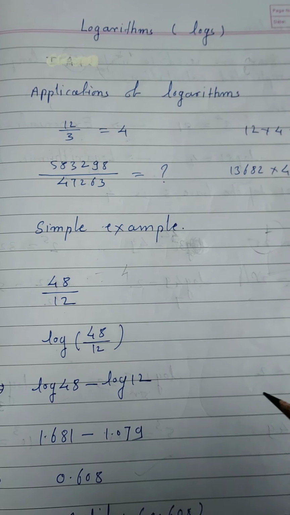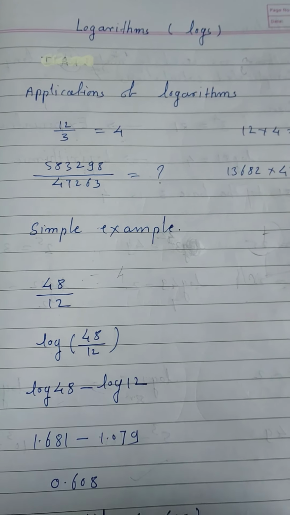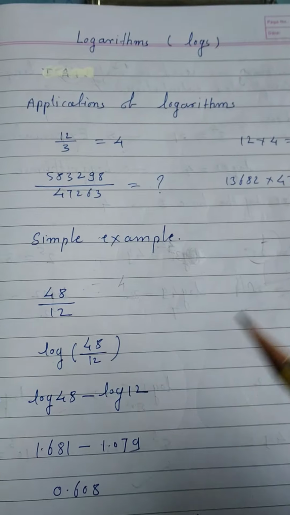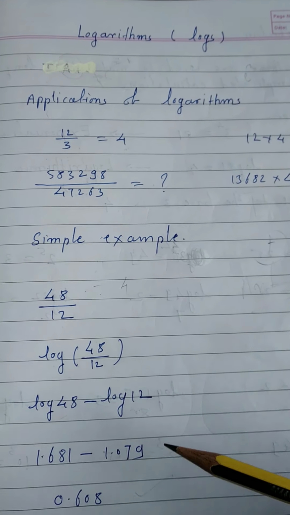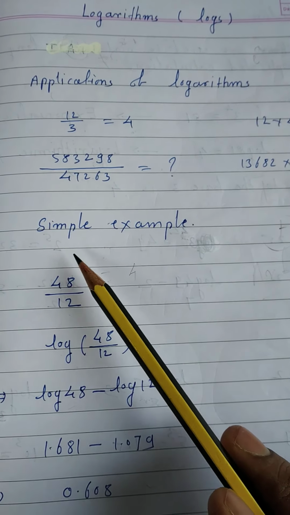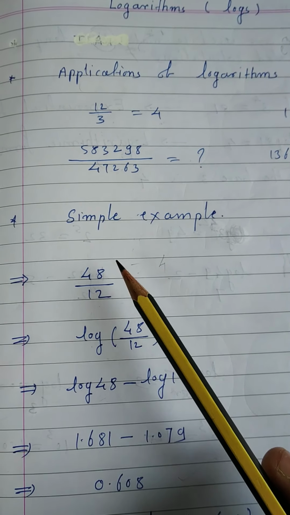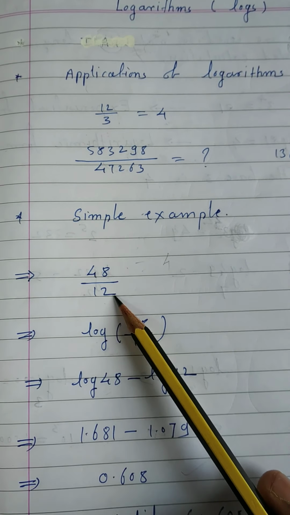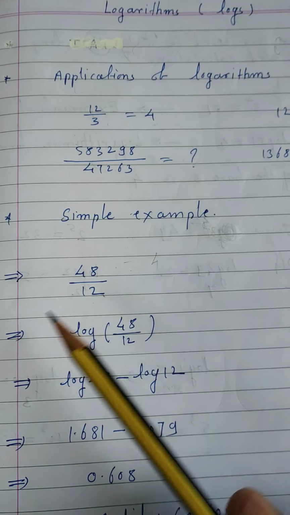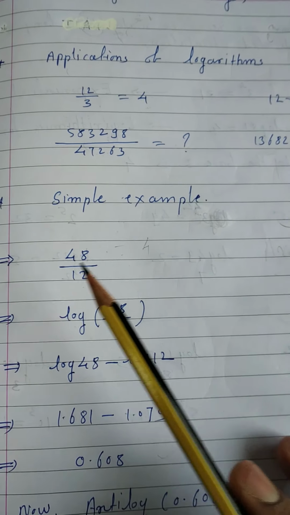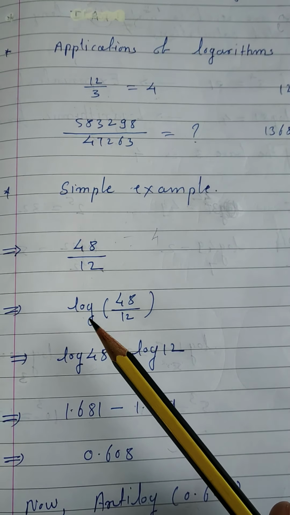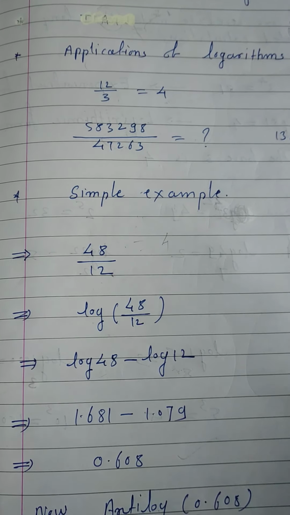logarithms. Logarithms are nothing but there are so many numbers. We have one small book in which values are given, so with the help of that book you can go ahead with these values. Like, suppose if you go for a simple example, suppose I want to calculate 48 upon 12. Okay, so 48 upon 12 is 4. We all know that is not an issue, but I want to just go for a simple example to make you understand where the logarithms are actually used.